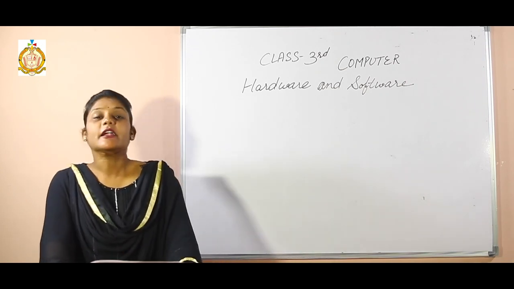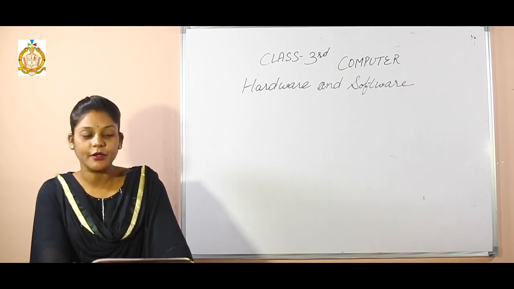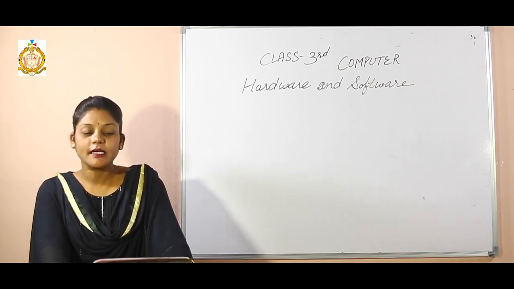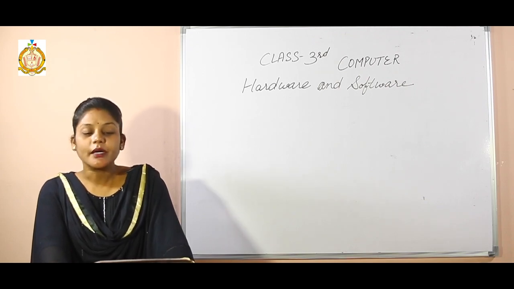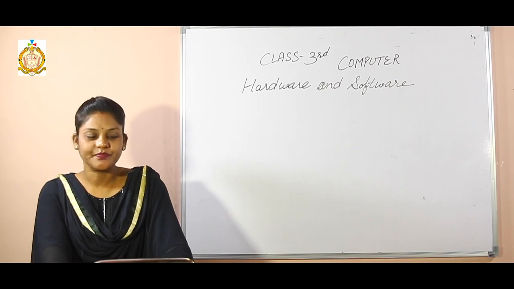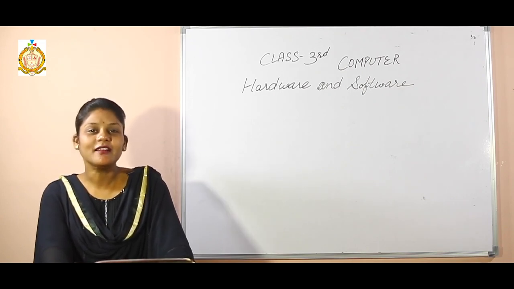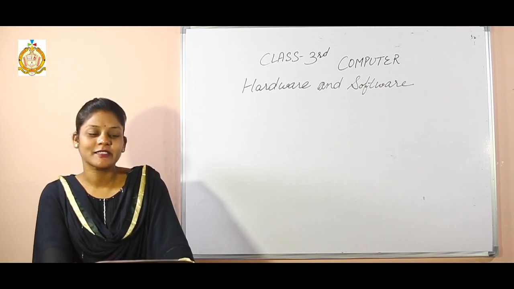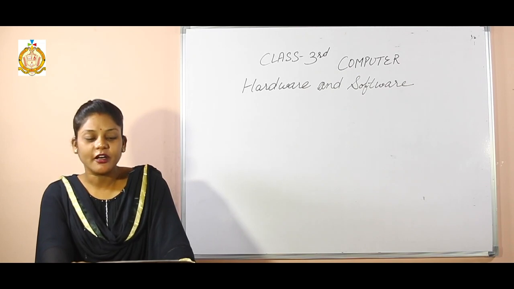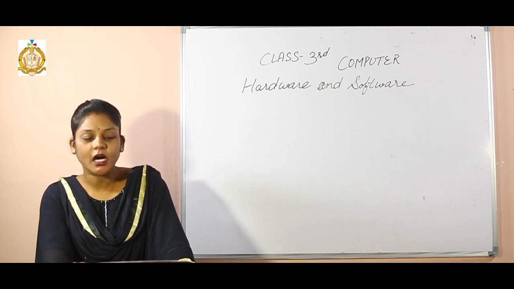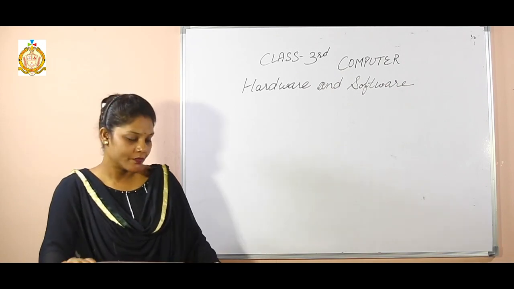And the next is the control unit, which is also a component of the CPU. The control unit is used to control all the functions of a computer. It checks what to do and when to do it. It also checks the result given by the arithmetic logic unit. So the last thing is the memory unit. The memory unit stores the data or information which can be taken out and changed anytime whenever required.